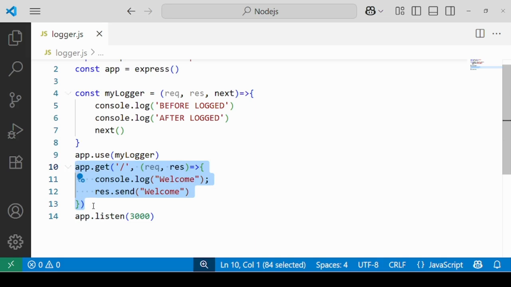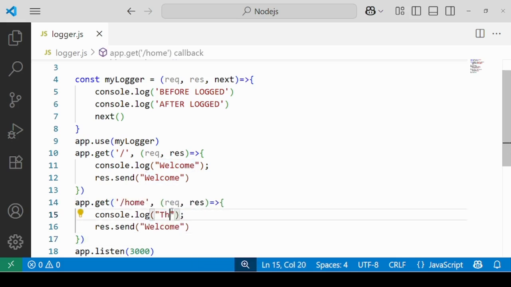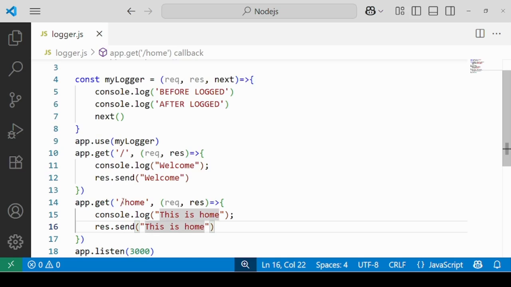Let's say now I'm going to use this route, home, and this is home, this is home. This is also going to work the same way. When you hit this particular route, it will take you to my logger, print before logged, after logged, and then it will take you to the next functionality, which is this is home.